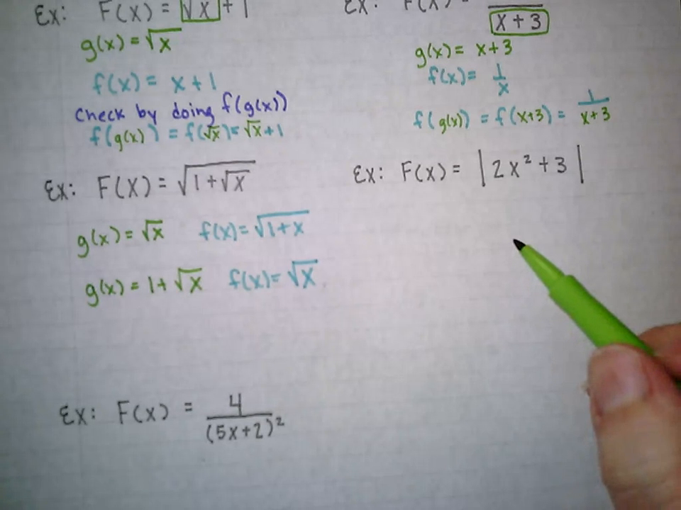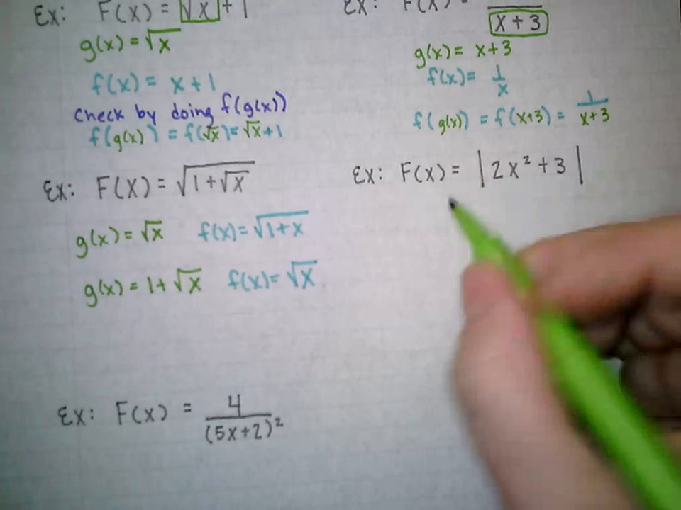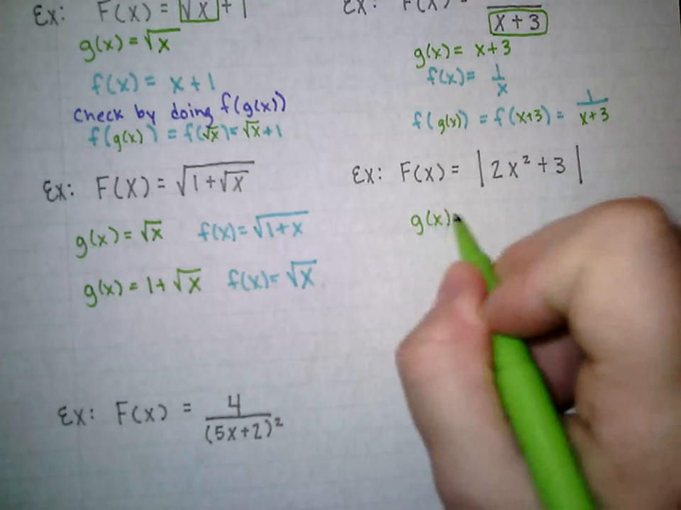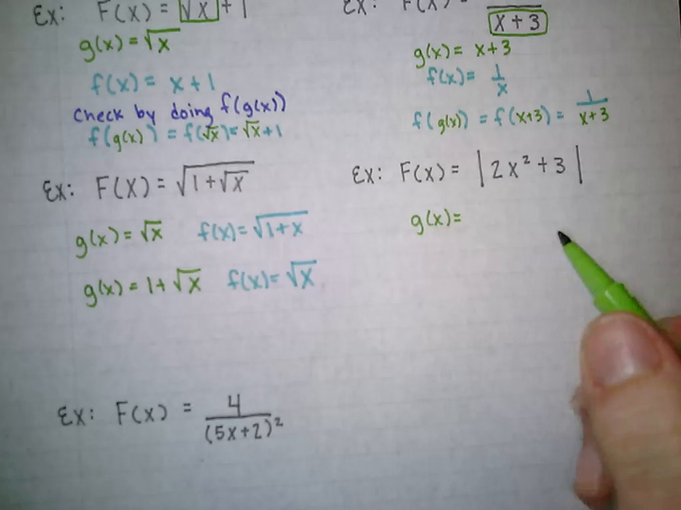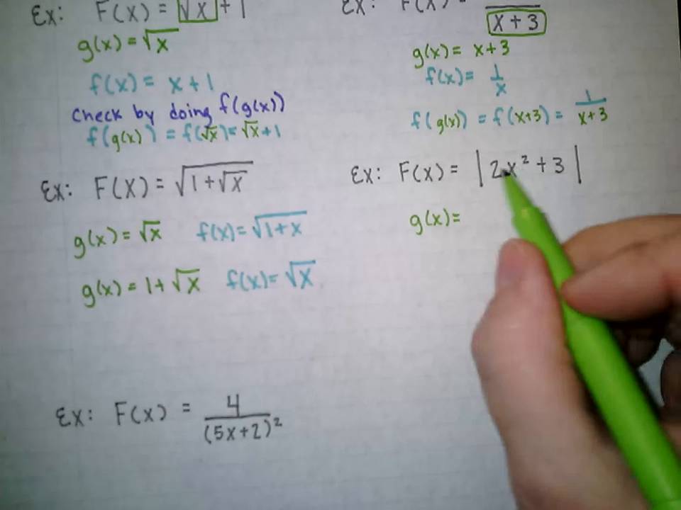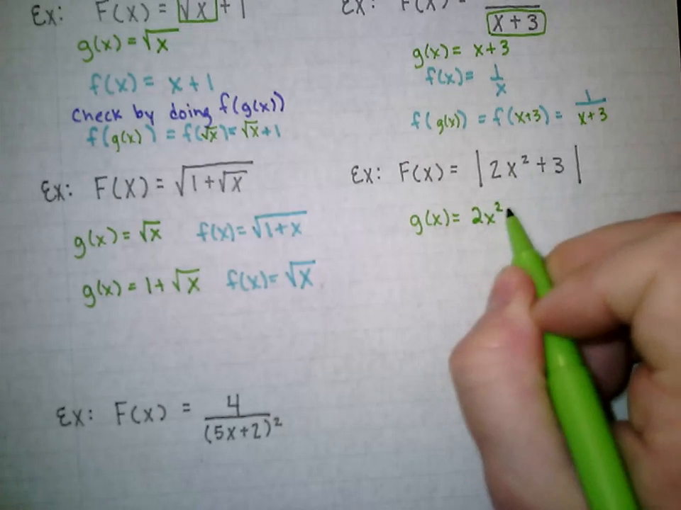Okay, let's look at another one here. f of x equals 2x squared plus 3 inside absolute value. Okay, so if I make my input function that whole inside there, 2x squared plus 3,